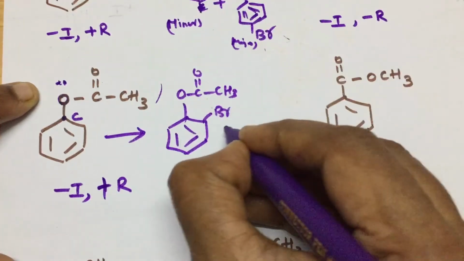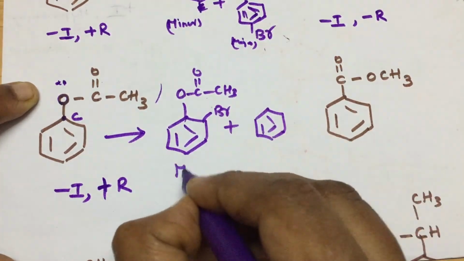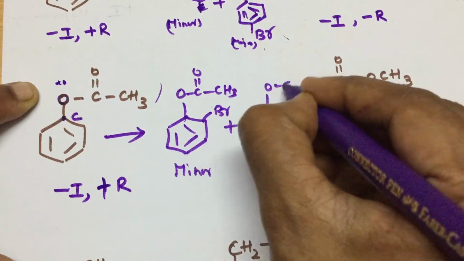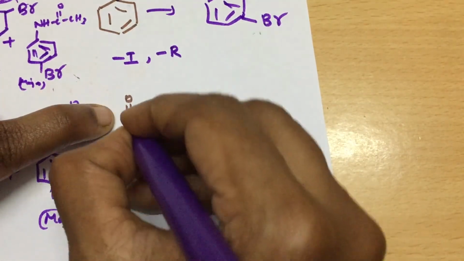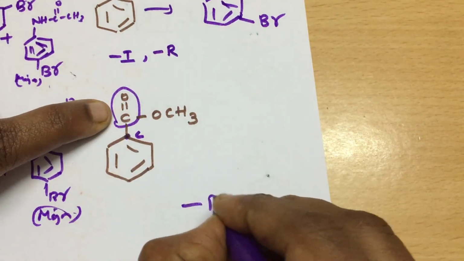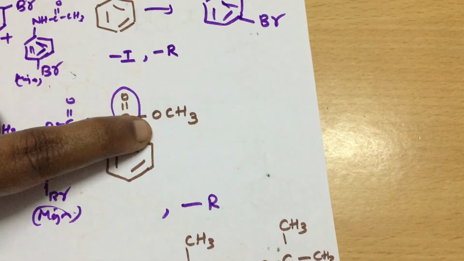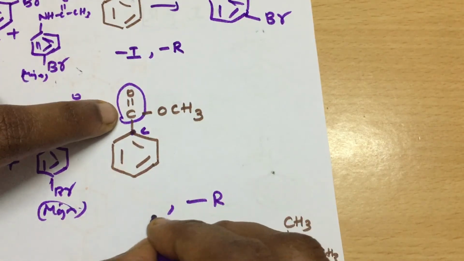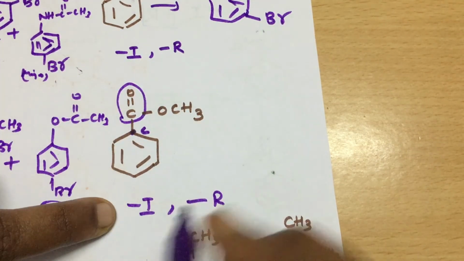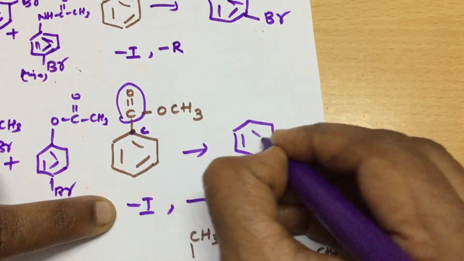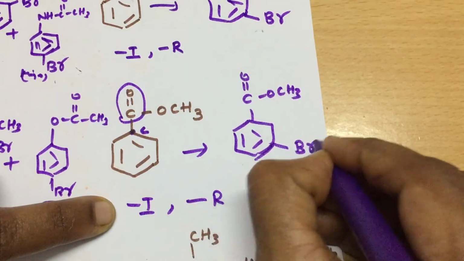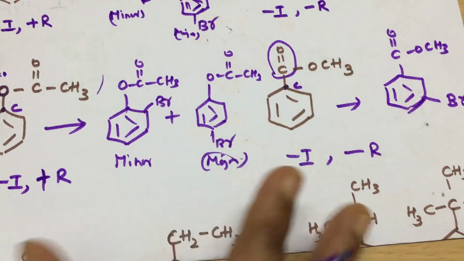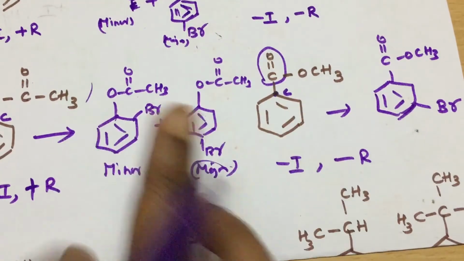You will get the ortho-brominated as the minor product, and the para-brominated will be the major due to steric reasons. And here this is the carbon of interest. Unsaturation is there, so minus R, and the carbonyl is attached to 3 oxygens. Double bond also we have to consider, 3 oxygens, so it is minus I. Both are negative, so it is a meta directing group. See the difference, students? You should not confuse. Follow the stepwise rules. Be patient, be calm, do this. Got it? Same molecular formula only.